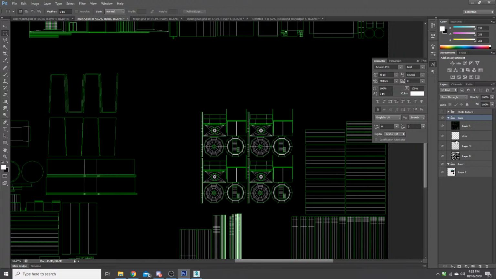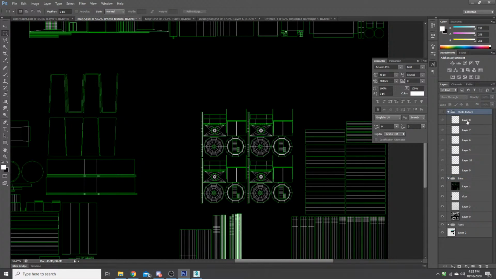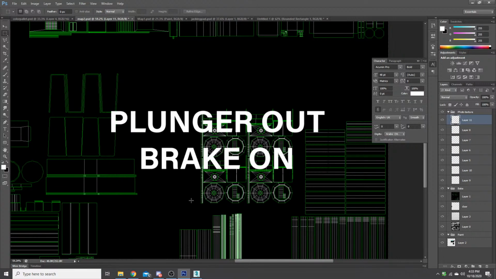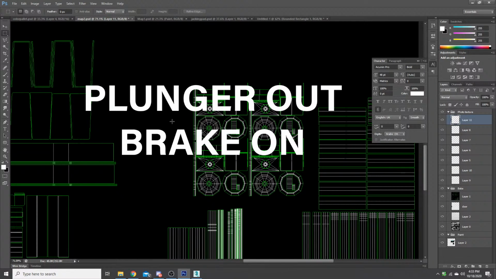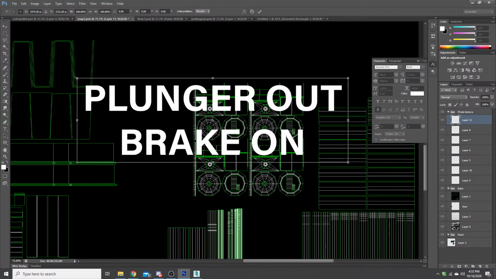And this is going to go into our photo texture piece. So we'll hit Control V, and this is what it brings up. It's pretty great. Control T to start resizing it.